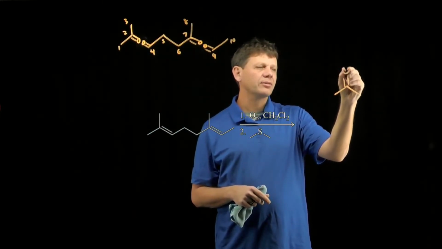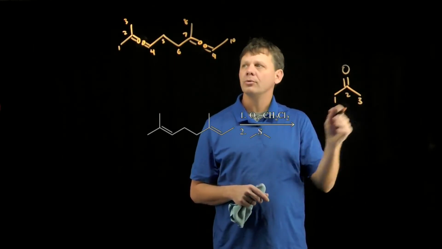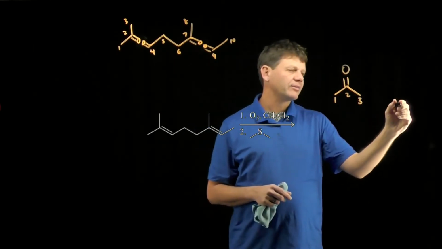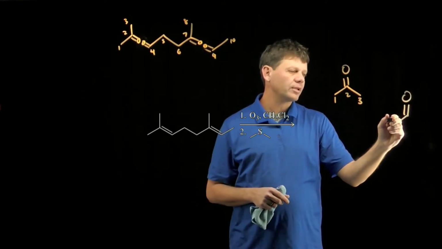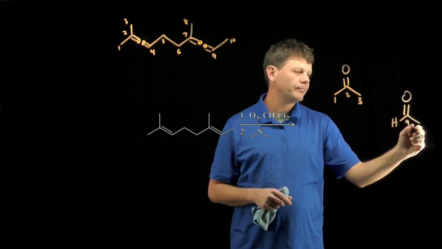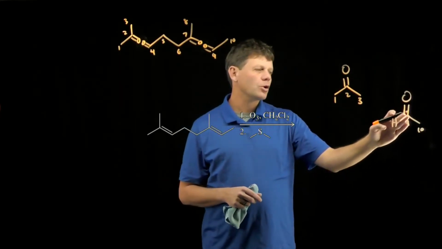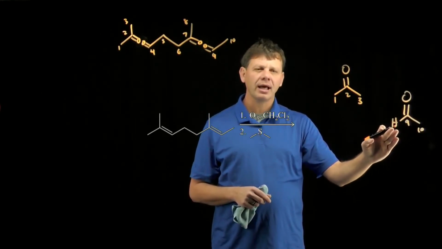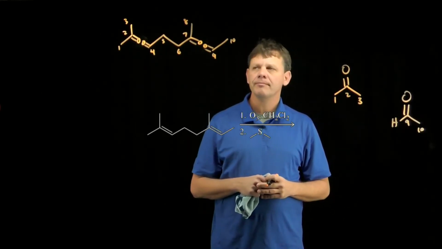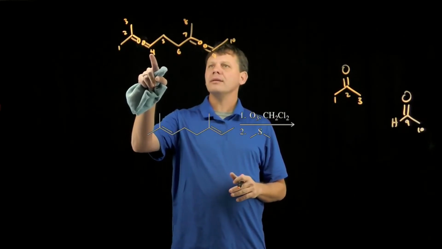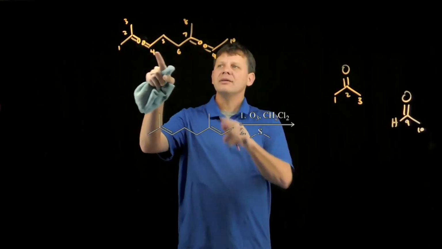We're making acetone, that's carbons 1, 2, and 3. We're going to make acetaldehyde using carbons 9 and 10. And again, with aldehydes, we'll often show that hydrogen there. It just looks better. And then the last one, the fragment of 4 through 8, is actually going to have